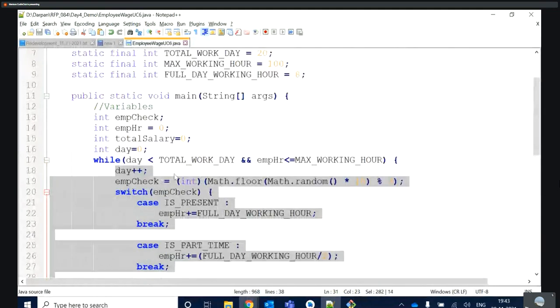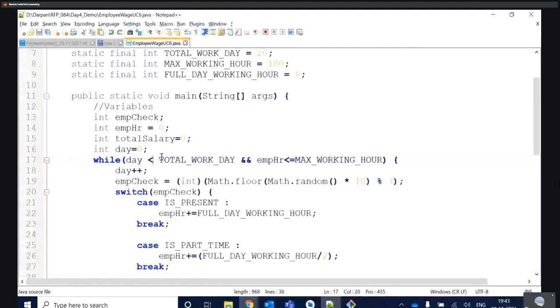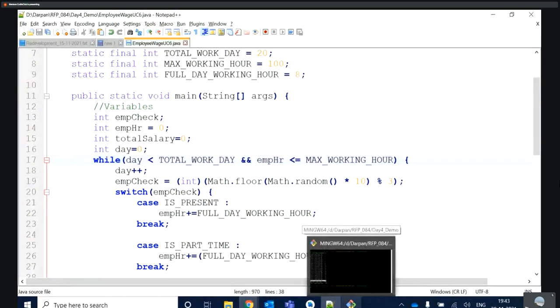So we will change our condition here. We will write that day should be less than 20, not less than or equal to. And for the employee we are giving, in the 20 days, let's say 820 60 is there.